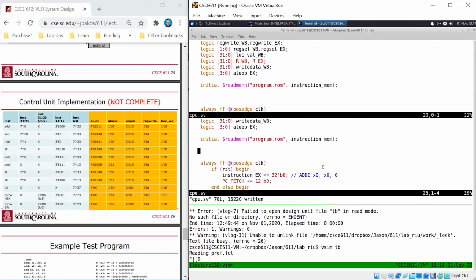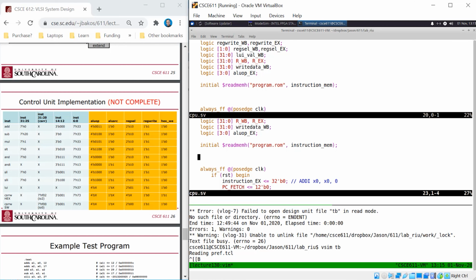Save that. Okay, so you can declare a custom type. We'll say typedef enum, and we can declare an enumerated value for each one of our instructions. So for example, add, sub, mul, set less than, and I'm going to put an underscore there because AND is a reserved word in SystemVerilog. And I shift left logical immediate, load upper immediate,